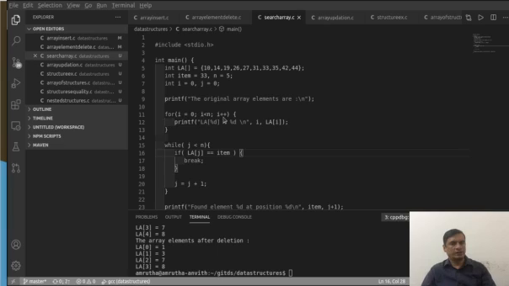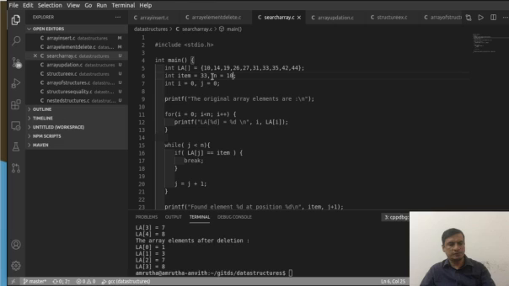The index you are supposed to consider is 10, because totally there are 10 elements, from 10 to 44. The element that I need to search is 33.